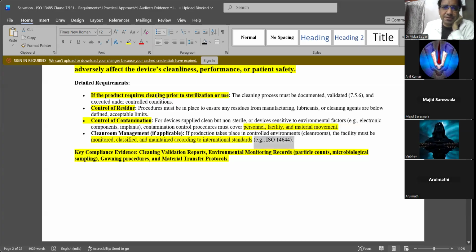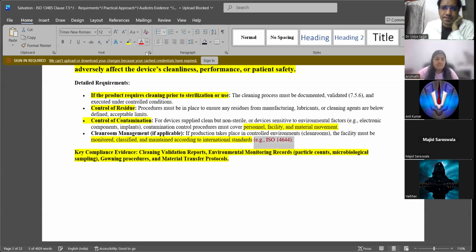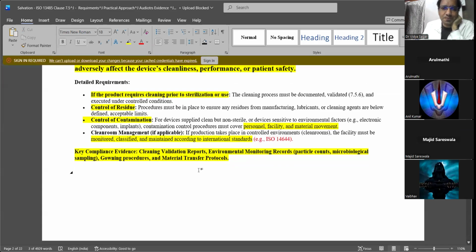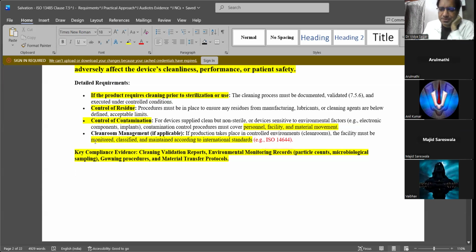This is a standard for clean rooms. So it should be monitored, classified. Classification of clean rooms, maintenance, monitoring, there will be a separate SOP for how you monitor and classify clean rooms.